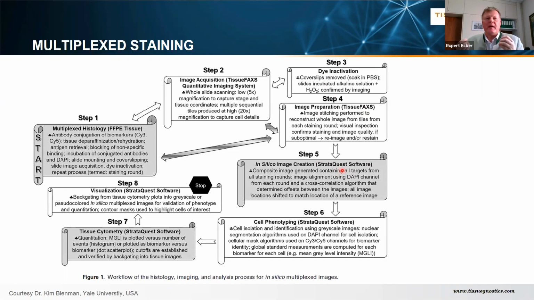The basic idea of multiplexing is you take a tissue section and stain it with 3, 4 markers with a given fluorochrome combination on your standard fluorescence microscope, or in our case, our standard TissueFAXS. Then you remove the staining. There are different protocols; one of those is described in this paper. And you stain the same tissue again with the same fluorochrome combination, but in the second staining round, each fluorochrome represents a different marker. And then you repeat this